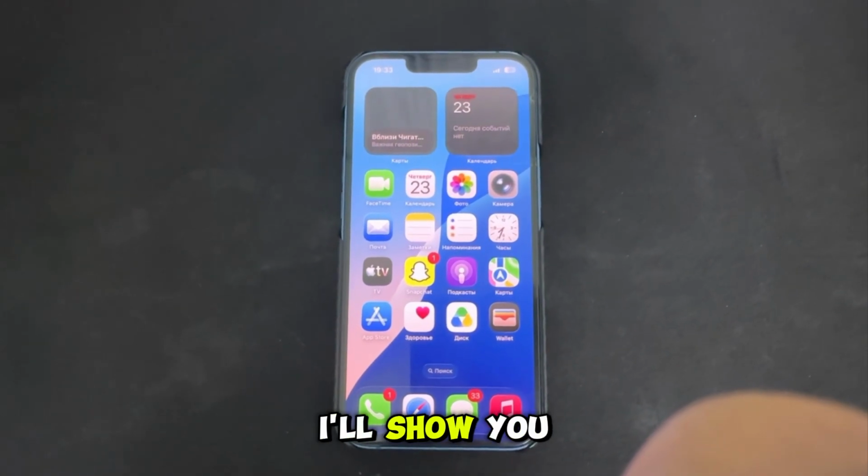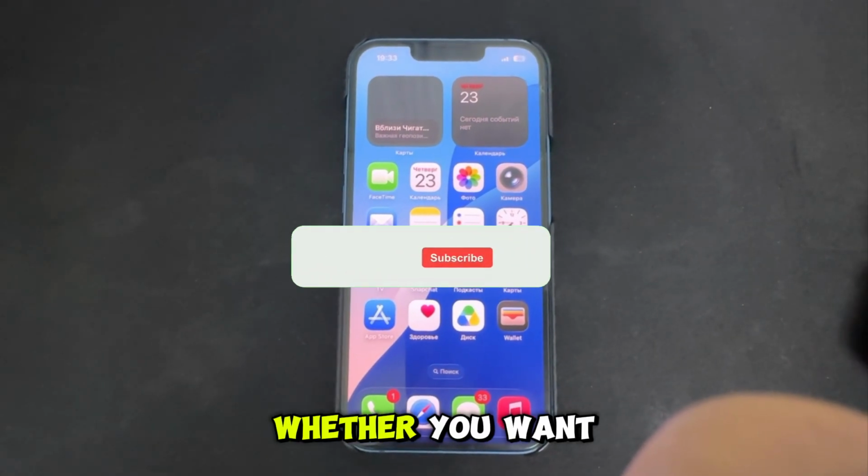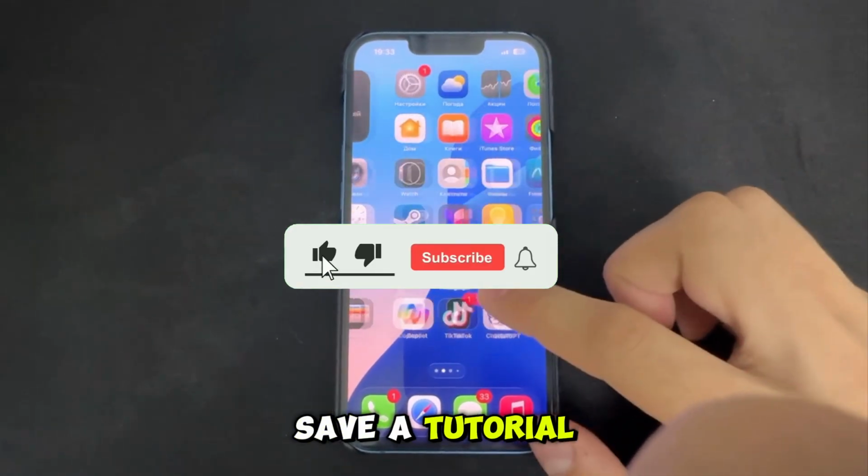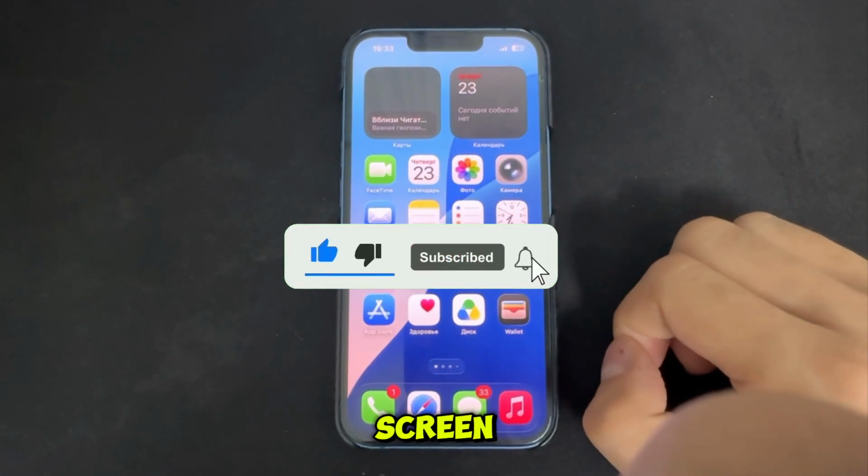In this video, I'll show you how to screen record on your iPhone. Whether you want to record gameplay, save a tutorial, or capture something happening on your screen, this feature is quick